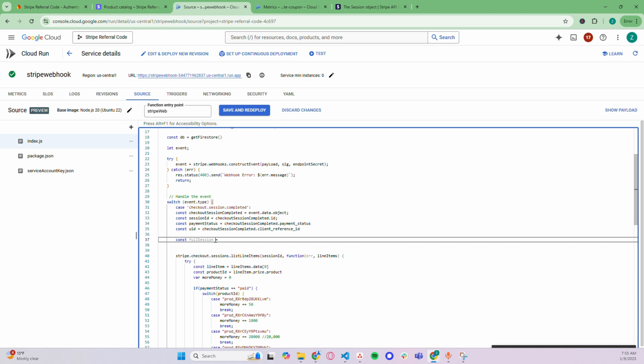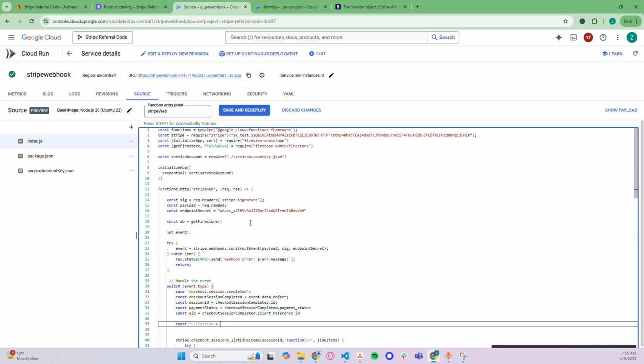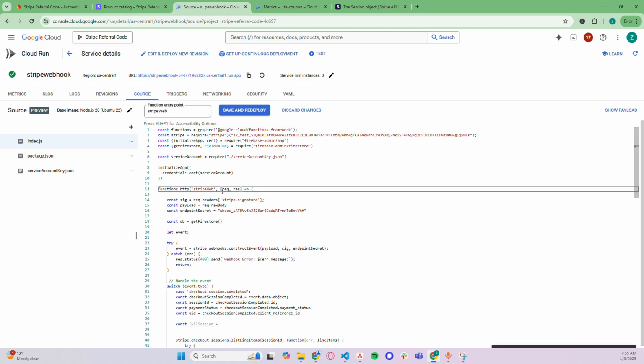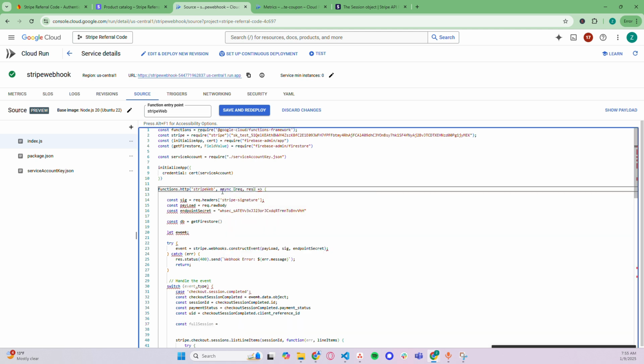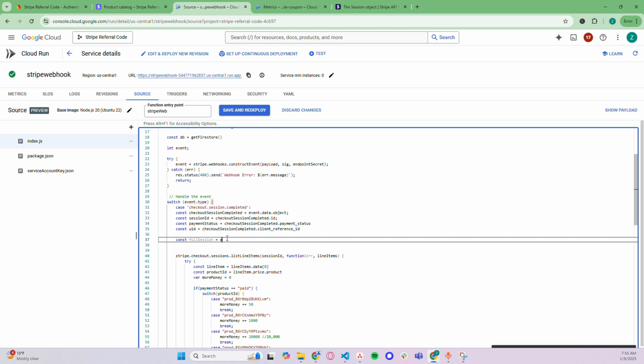It's going to equal our, and we're also going to make this an async before I continue. Then we're going to do await stripe.checkout.sessions.retrieve,